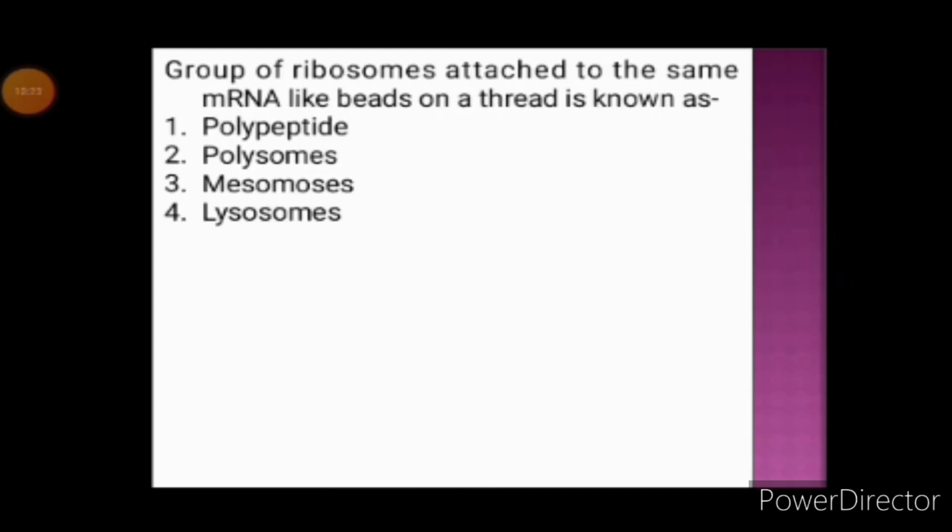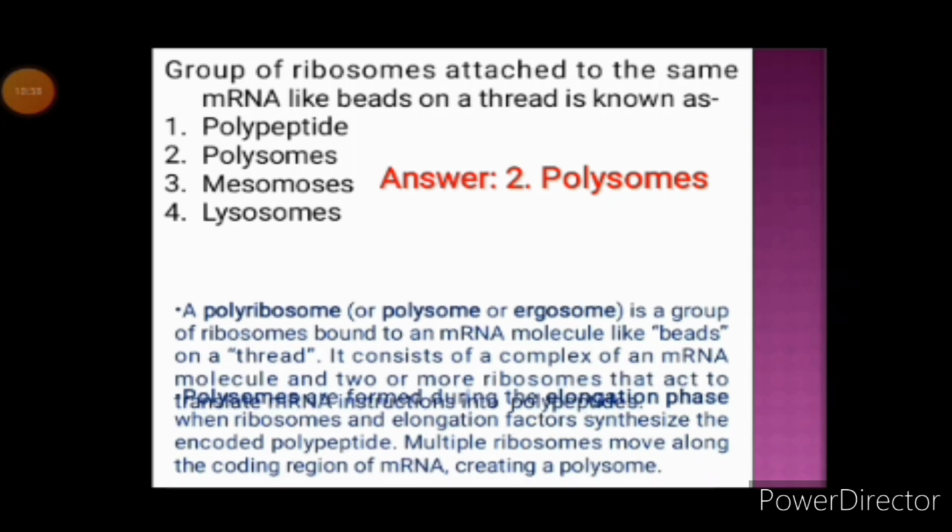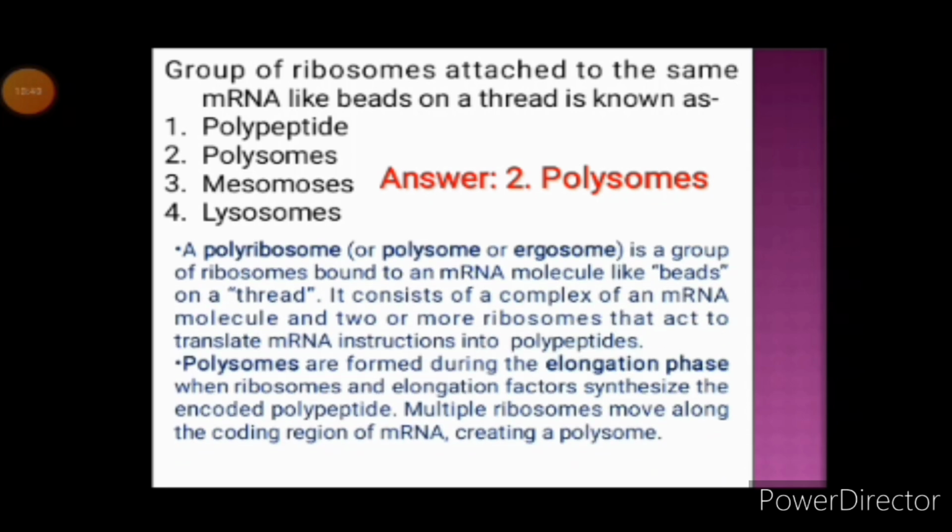Next question. A group of ribosomes attached to the same mRNA like beads on a thread is known as: option 1, polypeptide; option 2, polysome; option 3, mesosomes; option 4, lysosomes. And the correct answer is option 2, polysomes. A polyribosome or polysome or ergosome is a group of ribosomes which is bound